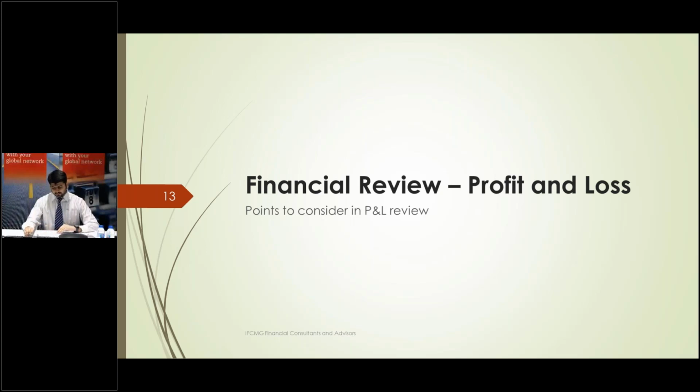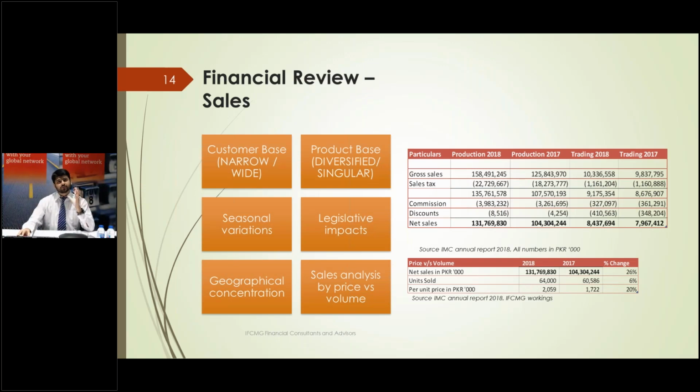So now we'll be moving on to a more detailed approach, which I call the drill down approach. We drill down into the numbers and we consider various factors that impact the performance of the company. So first up, the top line of the financial statements in the profit and loss account is the sales. The sales numbers can be impacted by various reasons, and the two factors that make up the relationship are the price versus the volume.